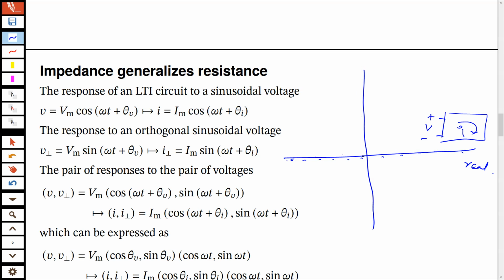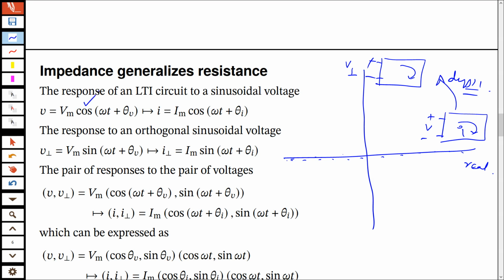Let's imagine another line, which is also real, but because these are two, people call it the imaginary line. Actually it's also real, it's as real as this real line. So let's say you have another real line, and you imagine an exact identical copy of this circuit. All the resistors are the same, all the inductors are the same, all the network, everything. Conceptually you just have a duplicate, and you do not apply that same V, you apply something called the orthogonal V. This perpendicular